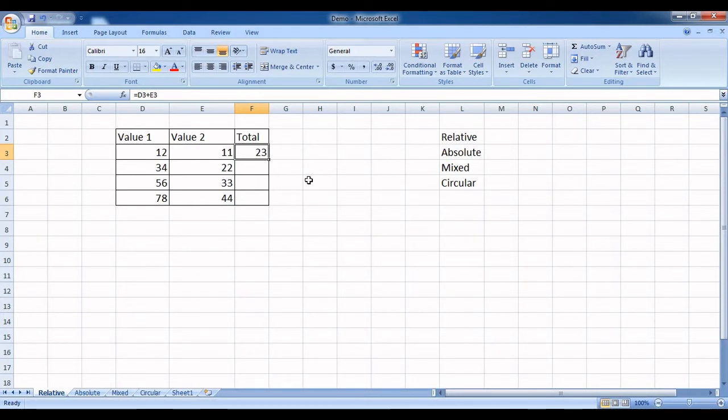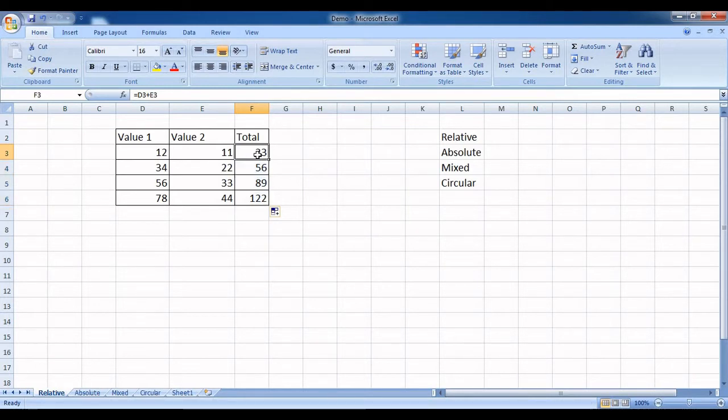Now, the feature of MS Excel is we need not calculate for every data set. If you have the same formula or the same calculation, and if you have following data sets or numbers, you need not put in your formula again. What we can do is select the bottom right corner pointer, which is called fill handle, and drag it till the last number, and Excel will calculate the values automatically.